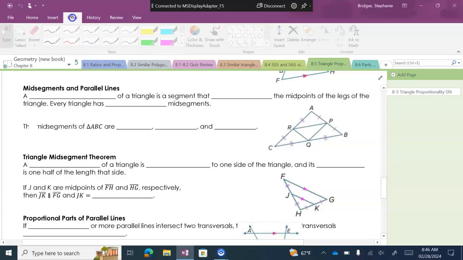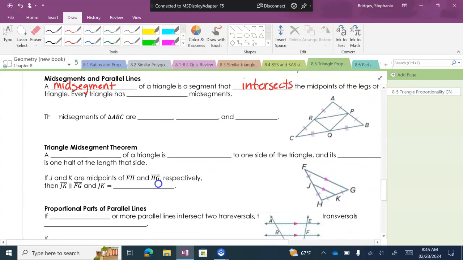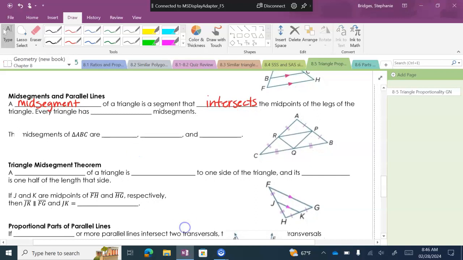Right, so a mid-segment, that's the first blank. A mid-segment of a triangle is a segment that intersects, that means touch, the midpoint of the legs of the triangle. And every triangle has 3 mid-segments, okay? A mid-segment of a triangle is a segment that intersects the midpoint of the sides of